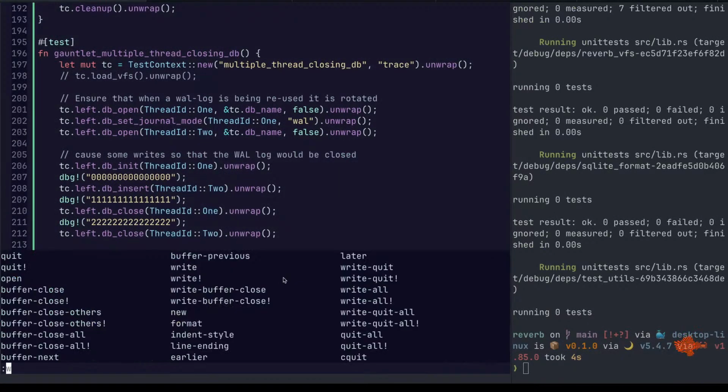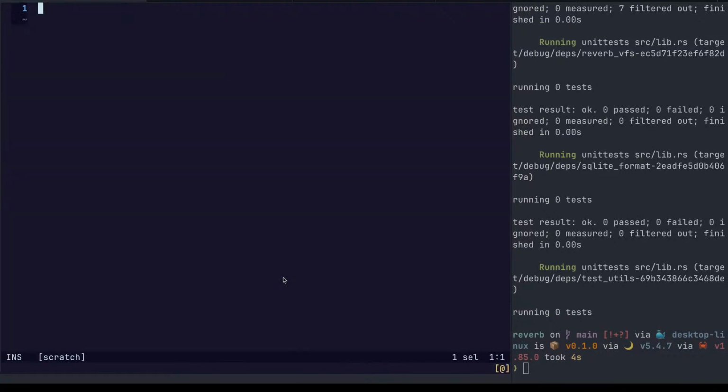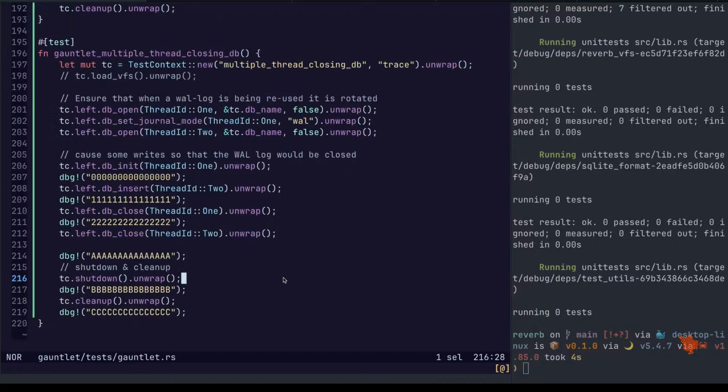So let's make some quick notes. Only happens when VFS is loaded. Happens during shutdown. Let's verify that. It should not complete this here. So 2 and then A. We will never see A.